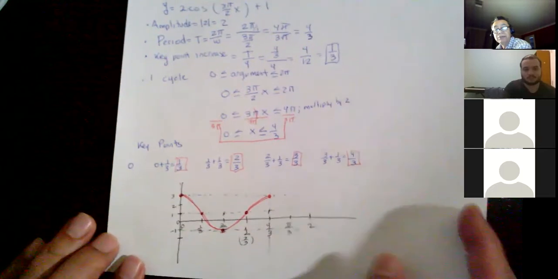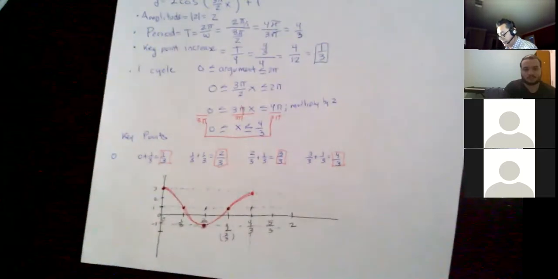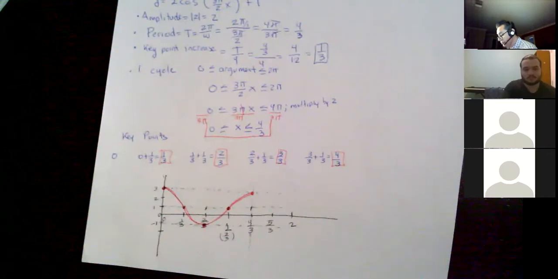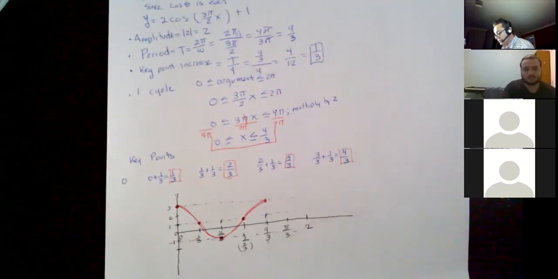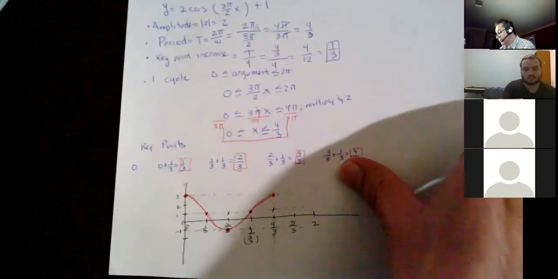Okay. So with this function, we're done with 6.4. And I'm going to let you try the other functions. Let me jump into 6.6. We're going to skip 6.5 for now. And the reason, let me show you why. Because now that we know how to graph sine and cosine,